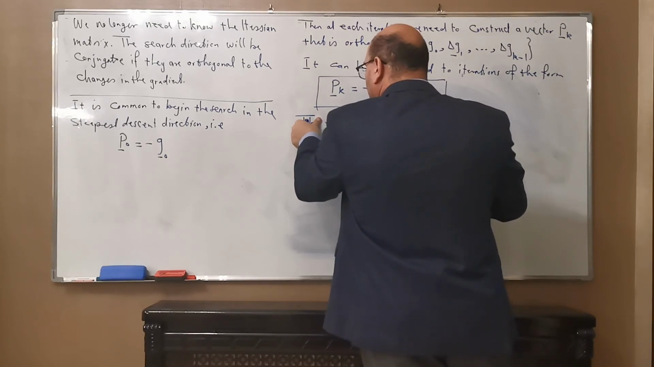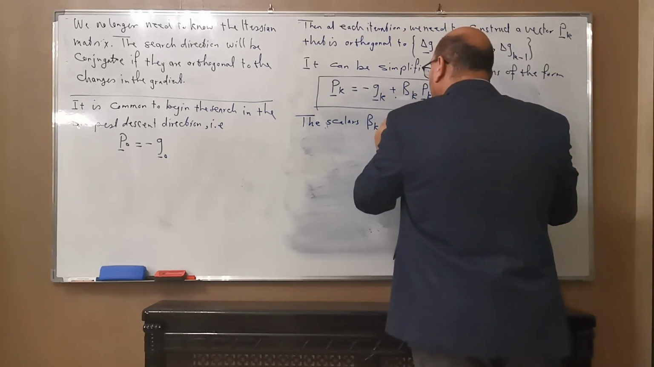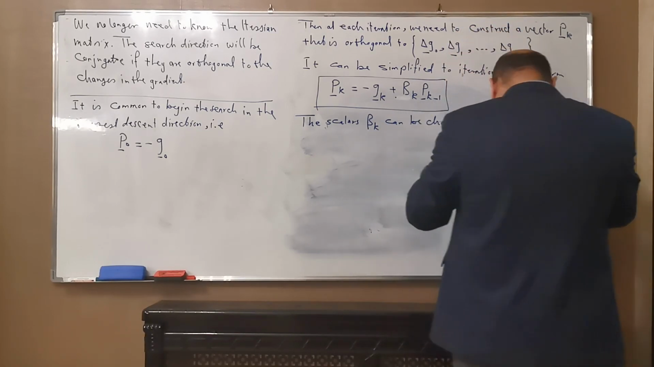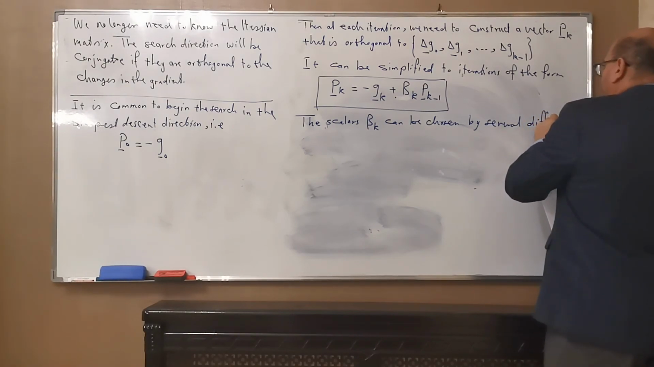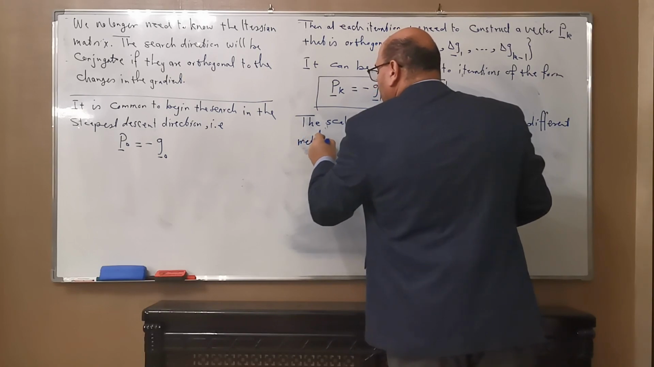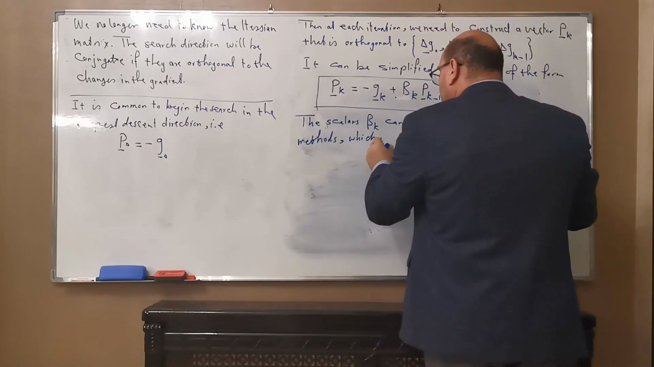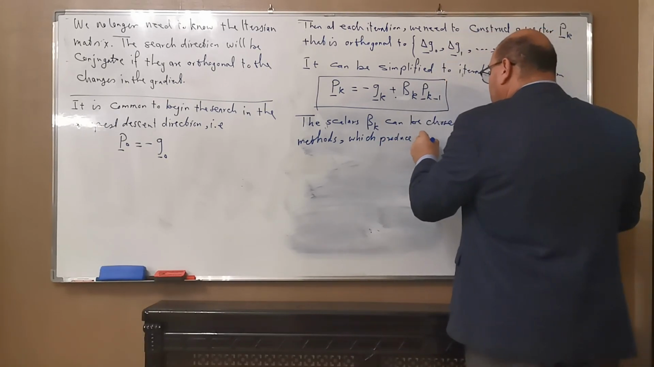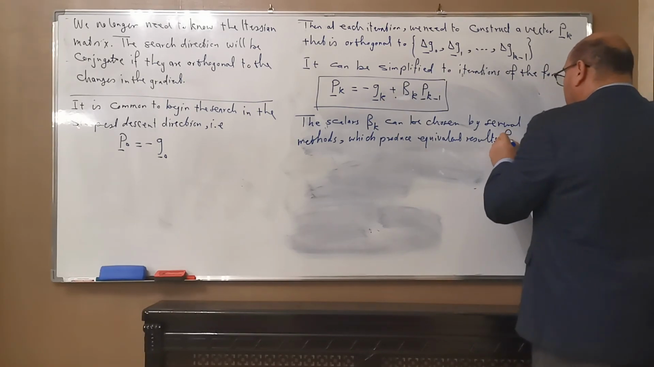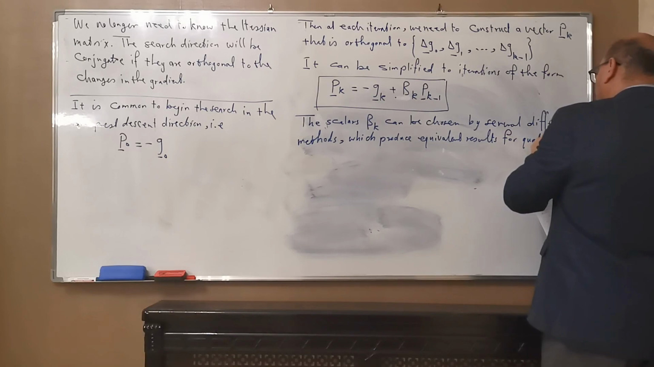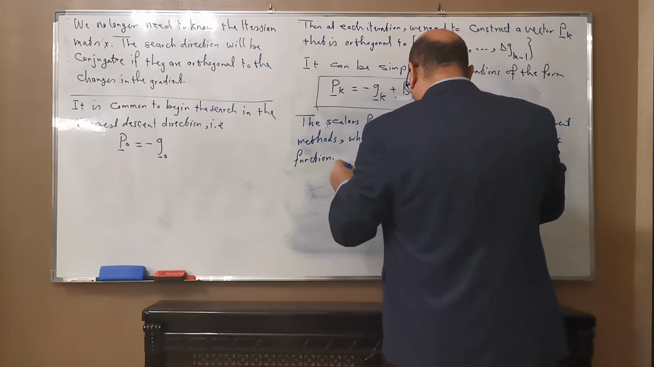This scalar, the scalars beta sub k can be chosen by several different methods, which produce equivalent results for quadratic functions. The most common choices are